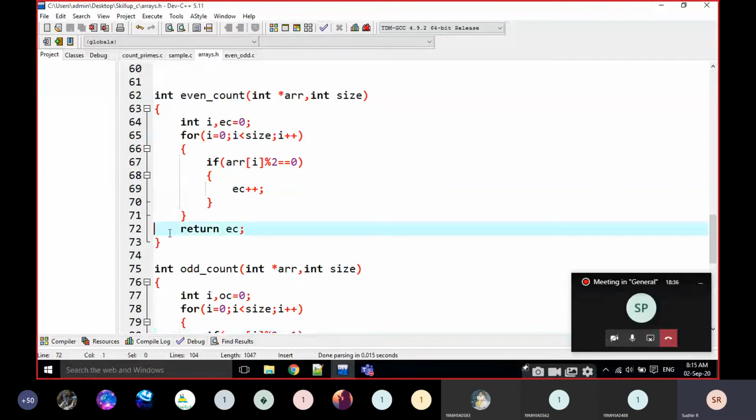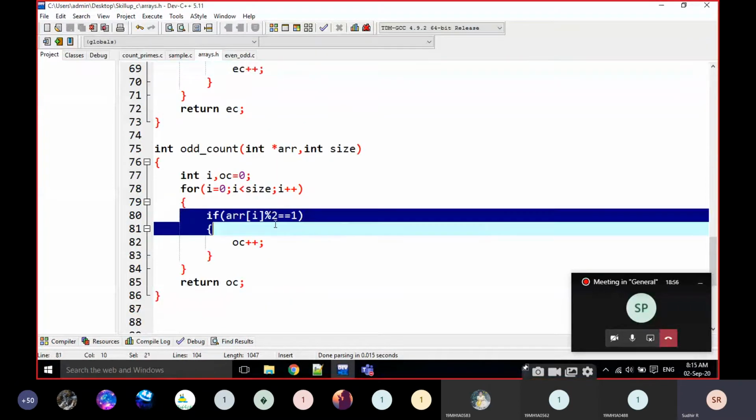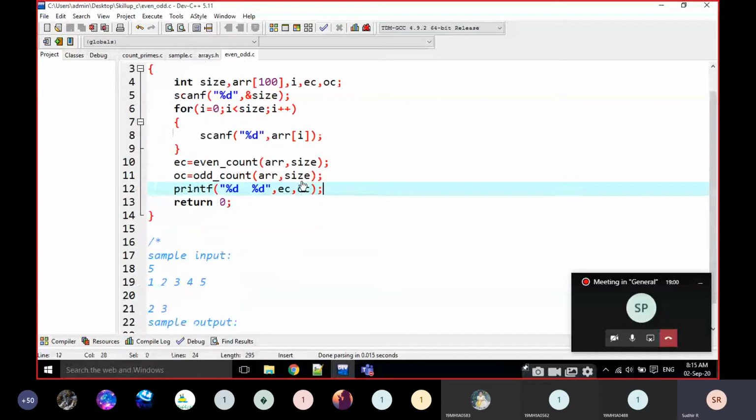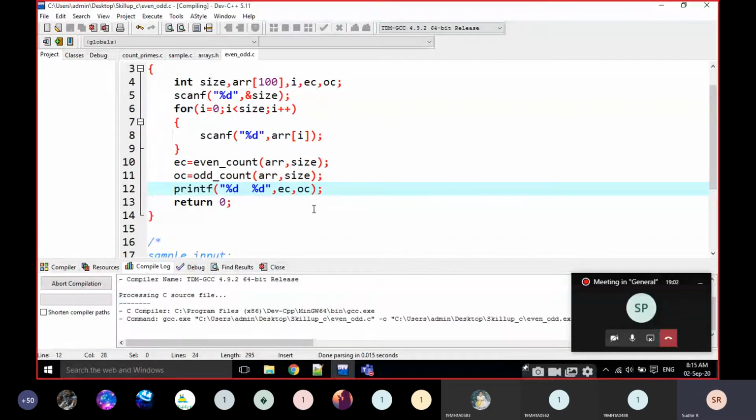We are going to read an array and check each and every element, whether the element is even or not. Here I am checking whether ARR of I is even. If it is even, I am going to increment EC++. If it is odd, I am going to increment OC++. That's it. Very simple question.